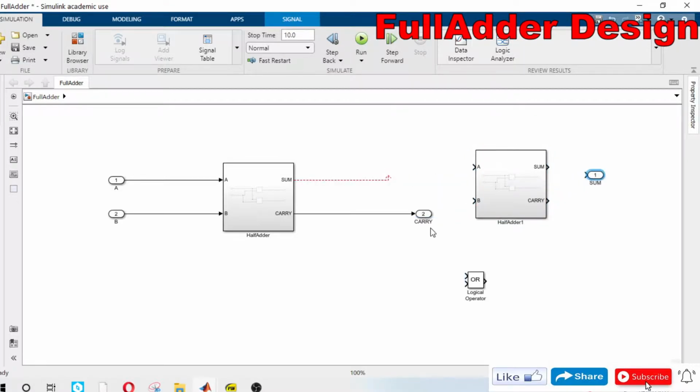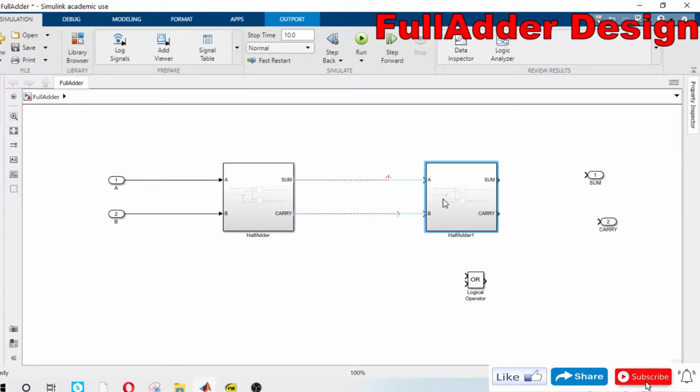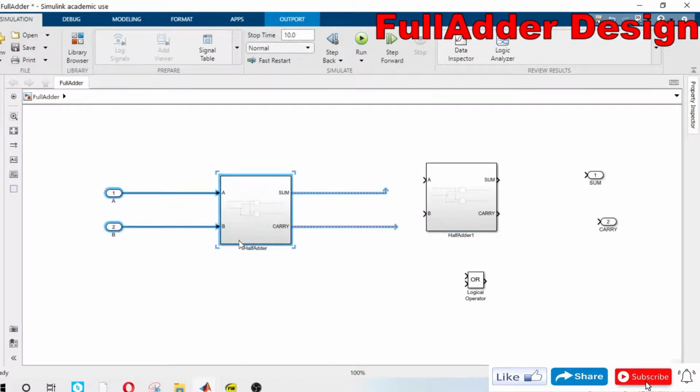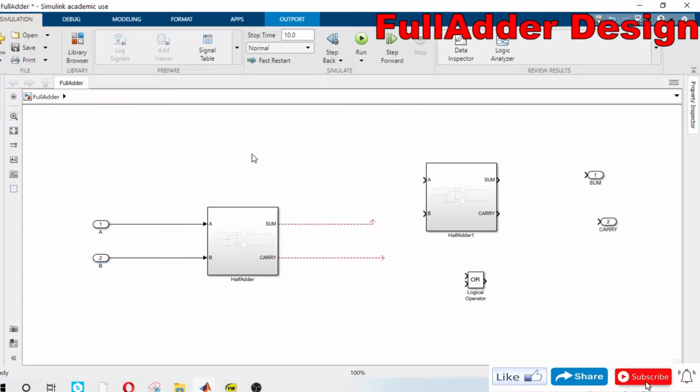We can make this sum and carry out. There is one more input. I will select, Control, select, release, paste, and it will be one more input, which is C in.